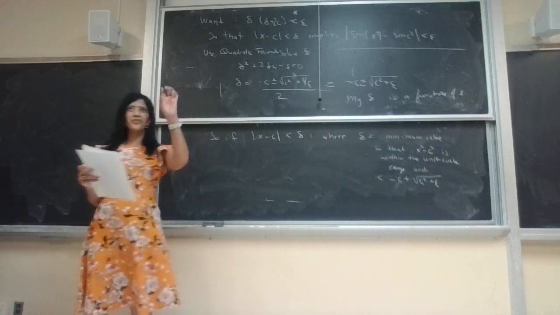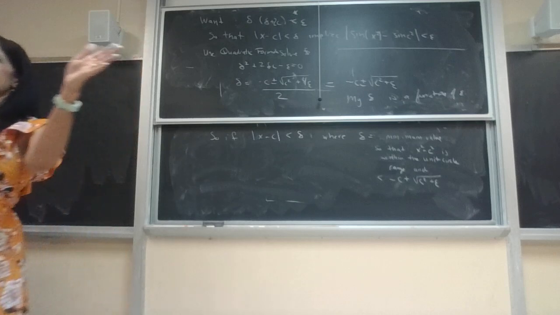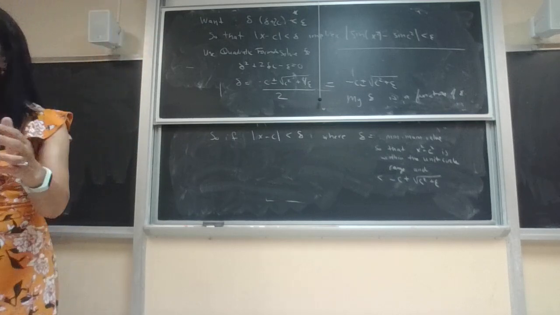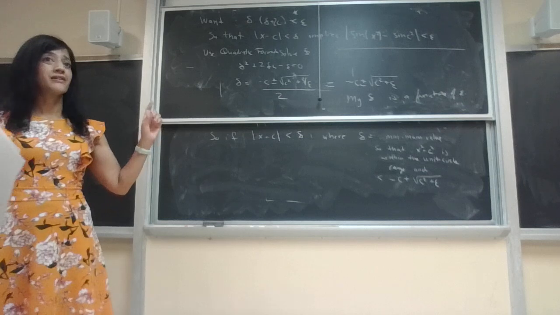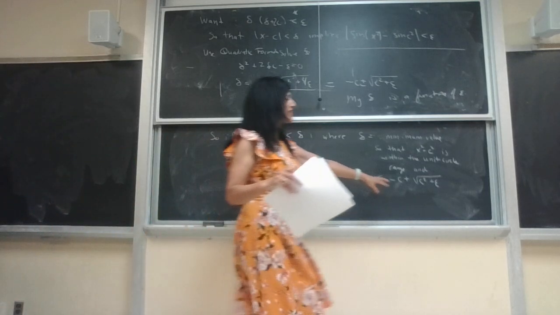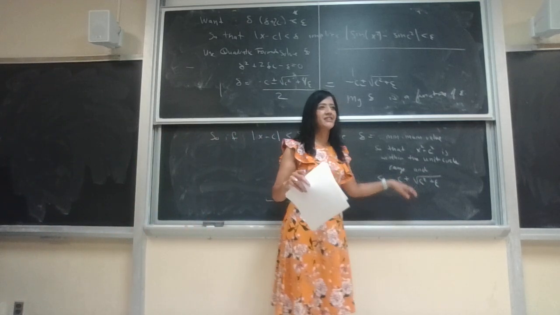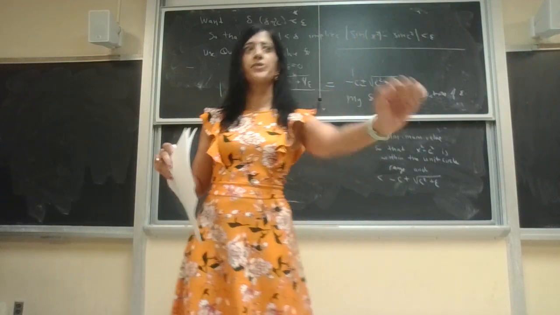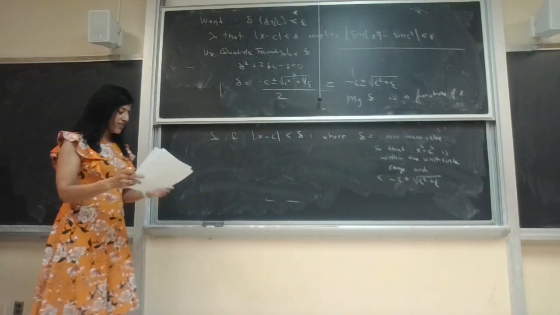So what do I want? I want two things to slide. I want x to slide over close enough to c so that x squared minus c squared is within the unit circle. And I also want my delta to be smaller than this. Just take the minimum of those two guys. So I will slide down my x to c close enough so that I get both of those things to happen. Then